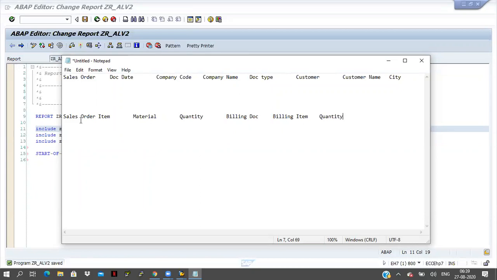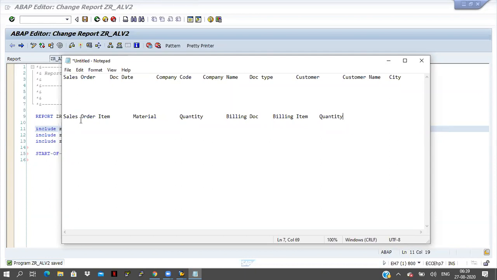I will dispatch 8 quantity to the customer, and generate the billing, the invoice, for 8 quantity only. The remaining 2 quantity I will dispatch after 2 or 3 days. Once I get the raw material, I will do the production and send the finished product to the customer. So here only one time the sales order is generated.